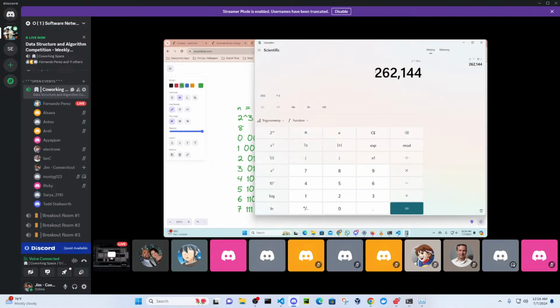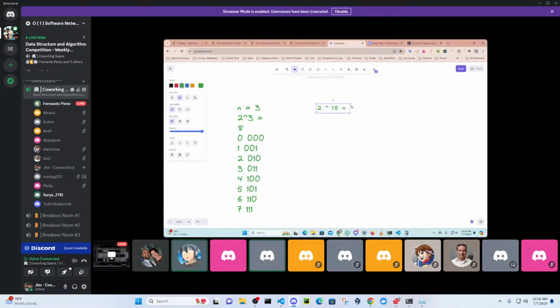It's big enough. Cool. And you have to check this amount of combinations and just verify if there is